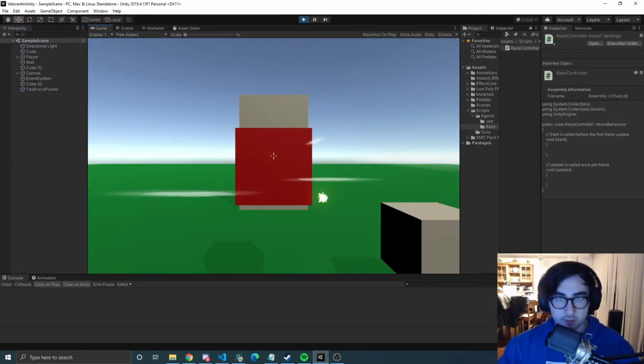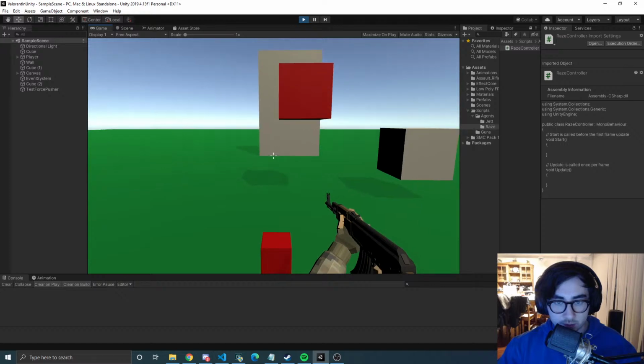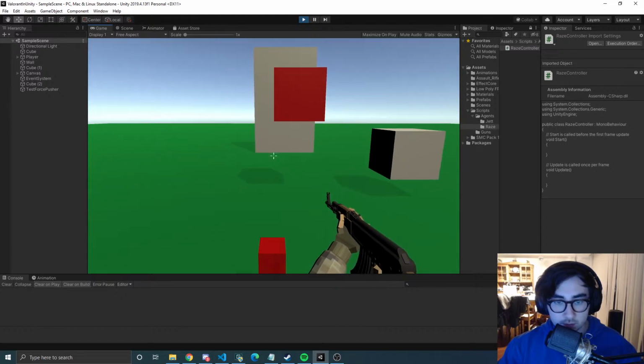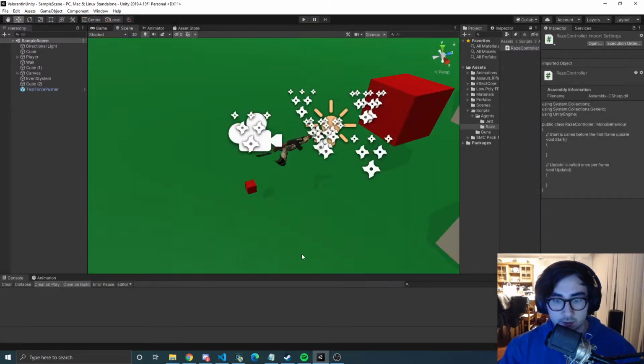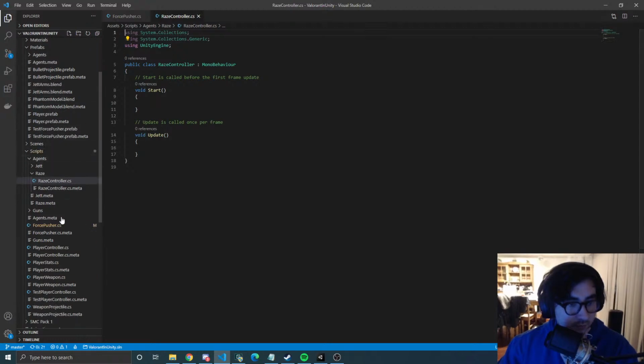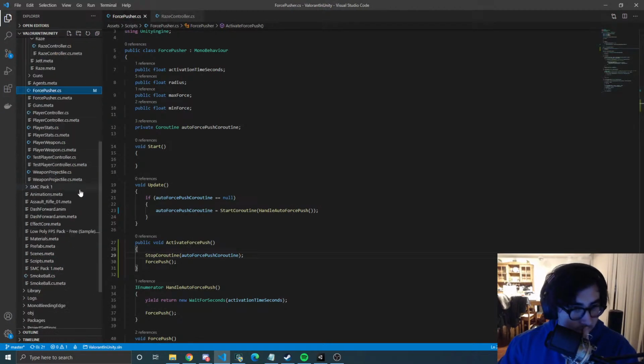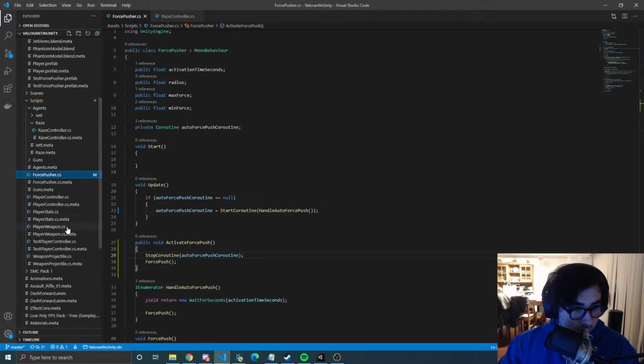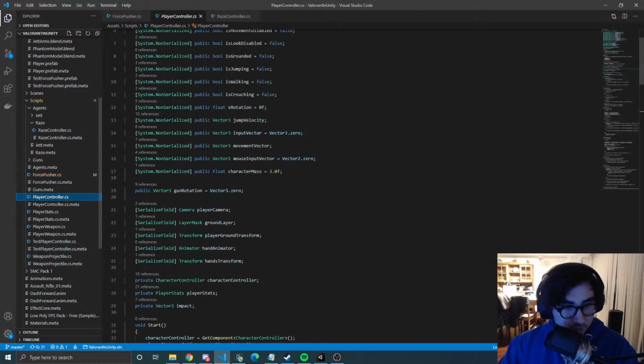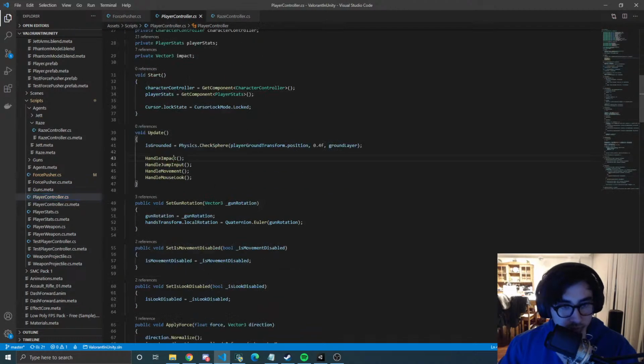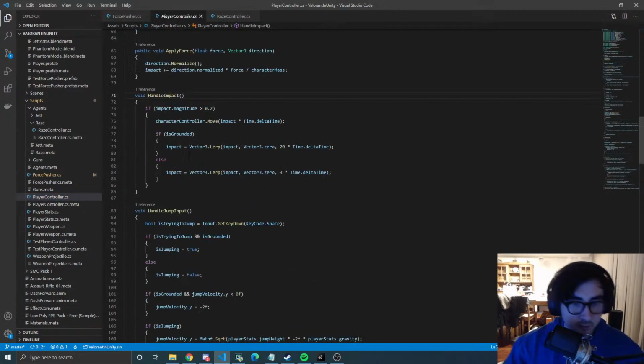It's nice when you're up in the air, but if you're right next to it on the ground, it's tiny. Why is that? You get the player controller handling the impact. Maybe it's because